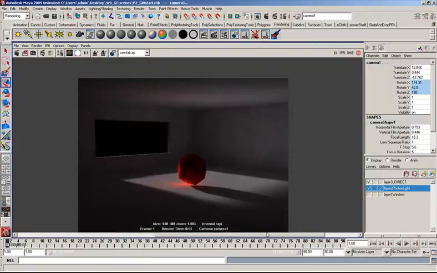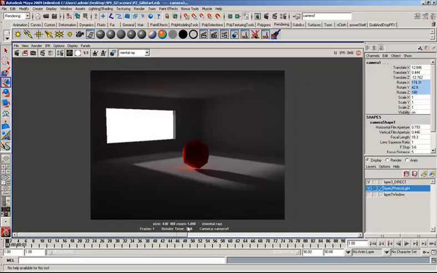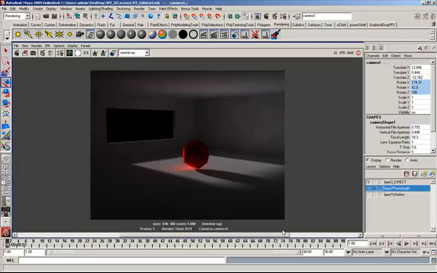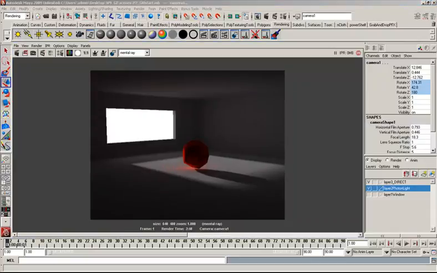So anyway, there you go. That's how it used to be. It took 14 seconds. And this is how it looks now. This is still draft settings, by the way. This is how it looks now with global illumination and Final Gather on, which went from 14 seconds to 2 minutes and 48 seconds. So just to put this in a little bit of perspective,